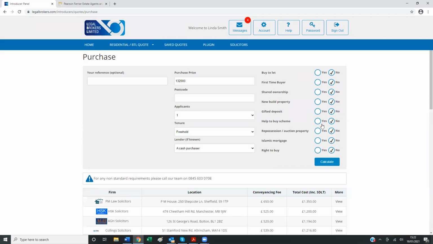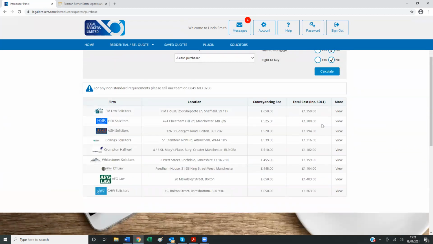Now, what we've got here, we've pre-populated it with certain law firms that we work with, and it's down to the estate agent or broker to say, right, well, this particular firm's local to me and I like the work they've done recently, or that particular solicitor is a cheaper legal fee but is relatively close. So everything becomes a scenario that's driven by the mortgage broker or the estate agent as to who the case goes to.